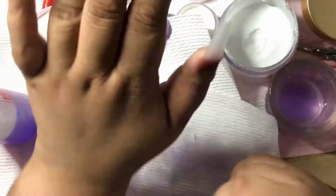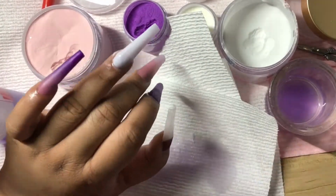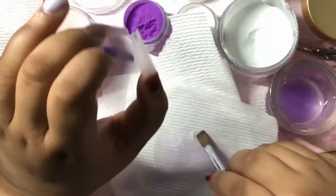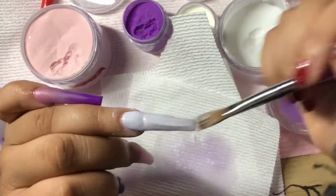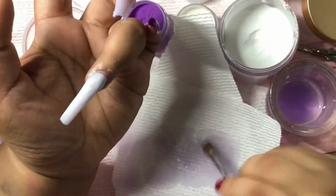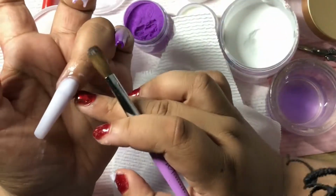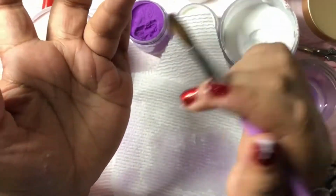And to tie it all in, technically I wanted to add some glitter, the Ice Baby, to the ombre nail too, but I was like, no, I like the way it is, so I didn't even want to mess with it. But I did build this lunar white up a lot, actually. I did have to encapsulate, but I didn't have to build my entire